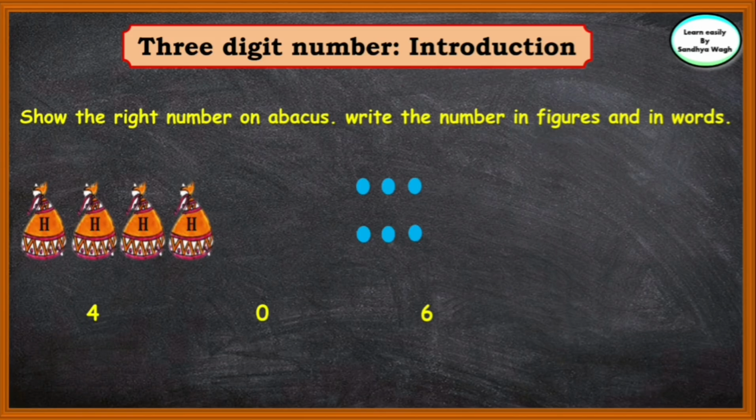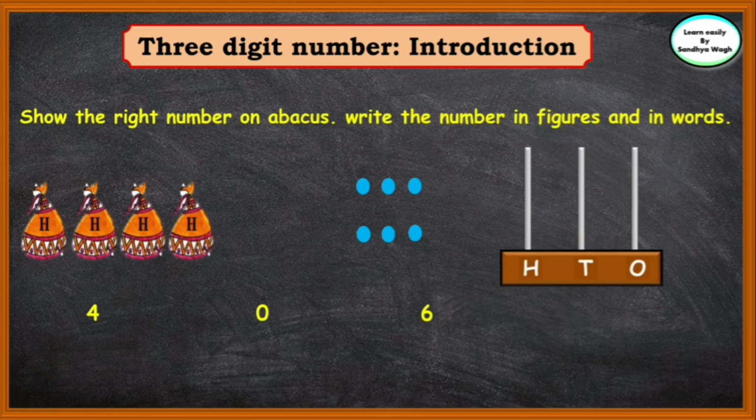Now children, in this slide we have 4 hundreds, 0 tens and 6 ones. So let us show this on abacus. So in hundreds place we will put 4 beads. 1, 2, 3 and 4 as we have 4 hundreds. And no bead will go in tens place as we have 0 tens. Now in ones place we will put 6 beads. 1, 2, 3, 4, 5 and 6 as we have 6 ones. In figures, the number is 4, 0, 6, while in words it is